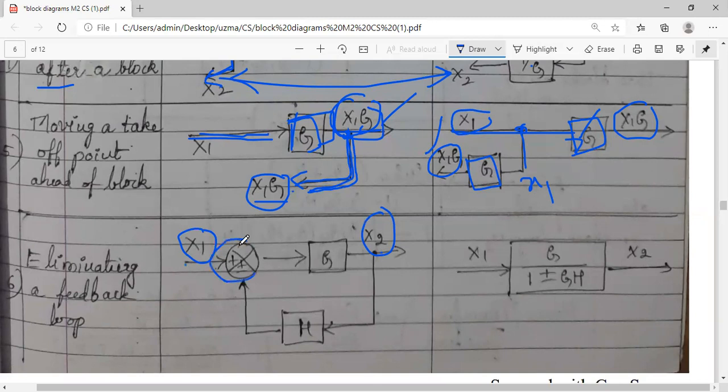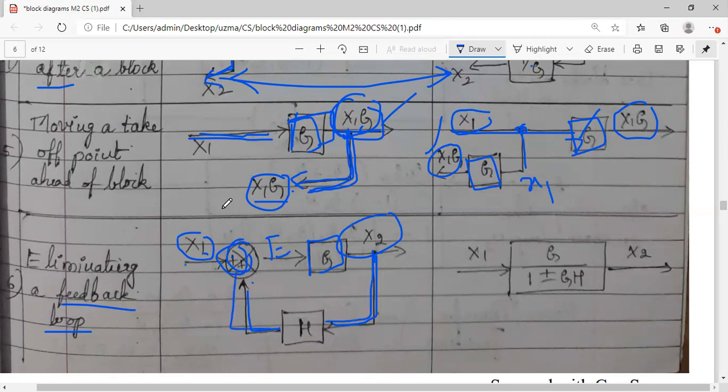At this summing point, in general I have taken plus or minus, for the feedback we have taken, because I need to find a loop first. The feedback loop has to be formed first. So check the original figure. The input x1 is added with the feedback signal, and this is nothing but your error signal. This will be passed through this block, that is the forward path gain g, so that you will get the output, and this output is again fed back. Fine, so this is a closed loop.